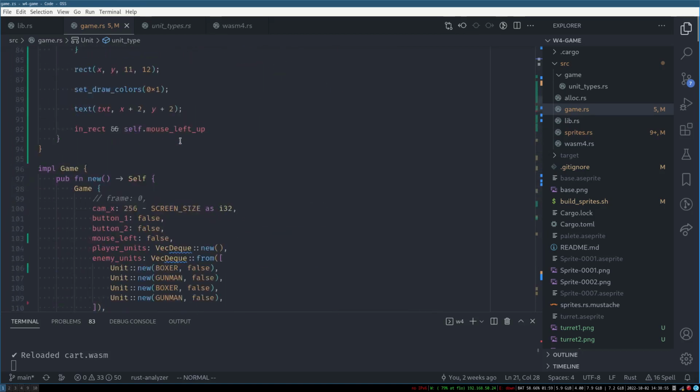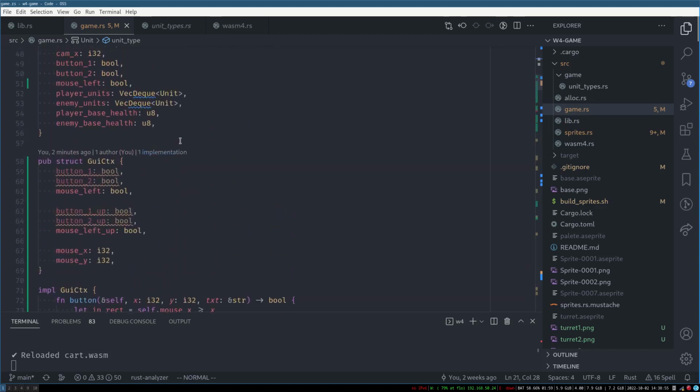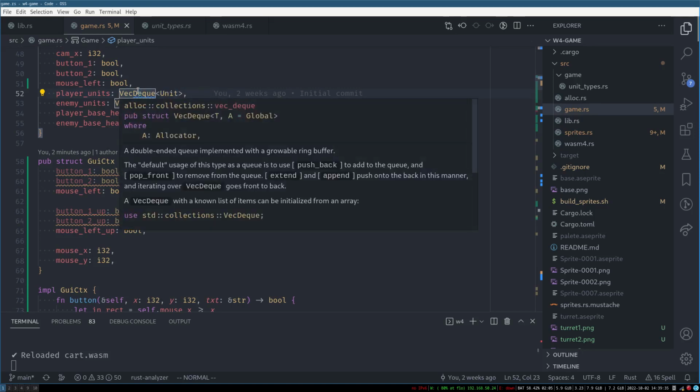So by the way, I'm using a VecDeque because I'm adding units to the end of a list. I want to add units, and when they get killed, it's usually at the start. So just using a normal Vec would be suboptimal because it would have to move the content of the entire list a lot. So I thought I'd use a VecDeque, which is basically a ring buffer,